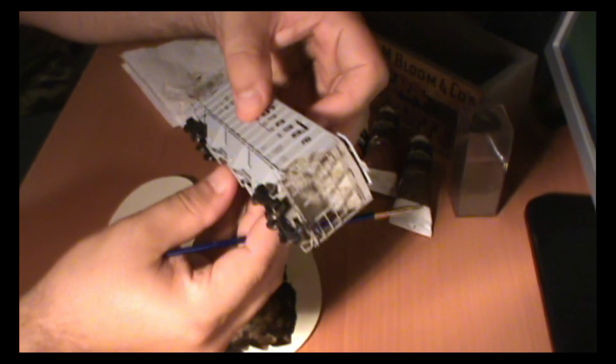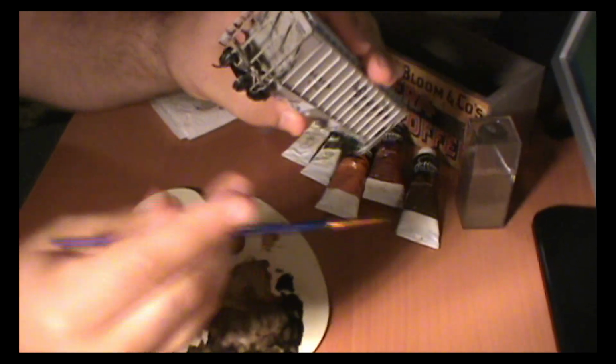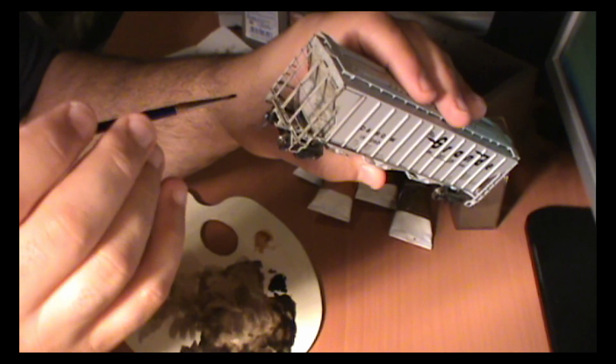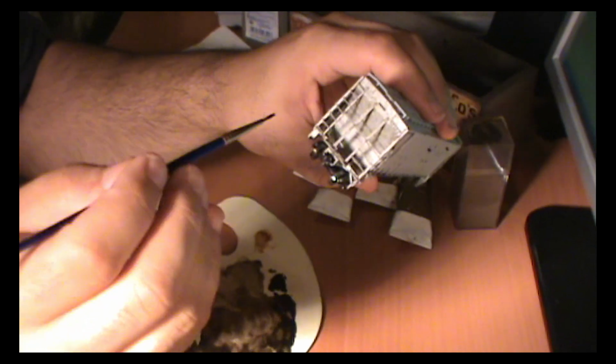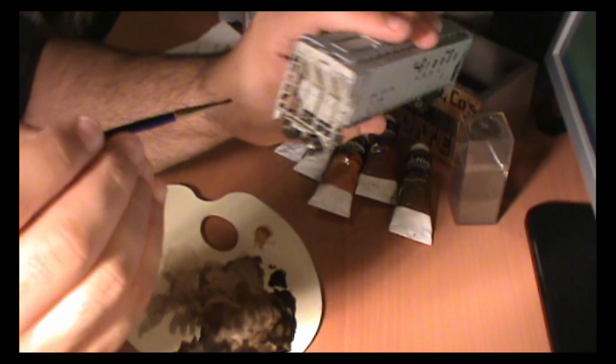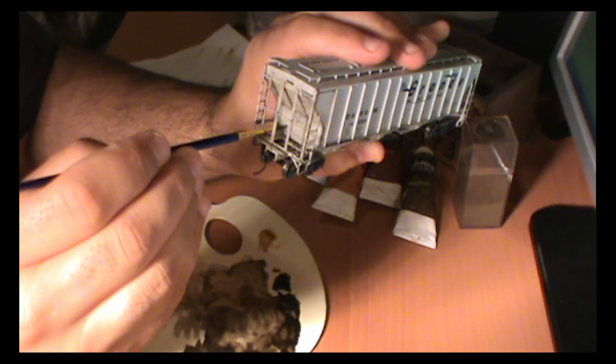Okay, and just like we did the ends with the rust earlier, we're going to do the same thing. We'll apply it, and then we're going to buff it down, or stipple it with a soft brush. But let's see here. Just line up where the wheels would kick that up, and